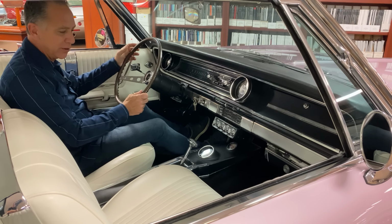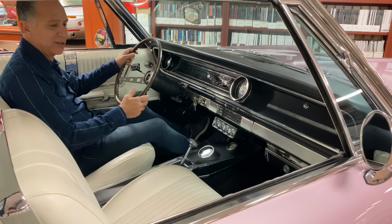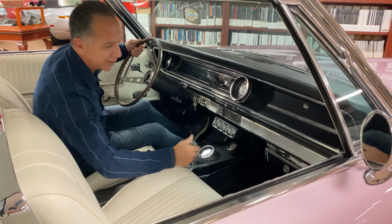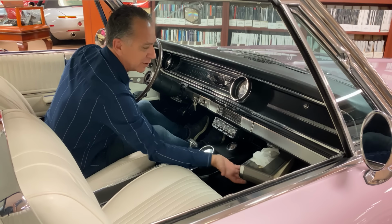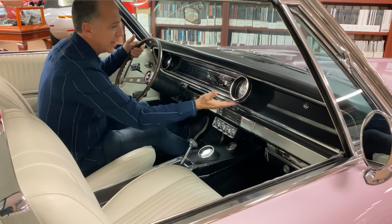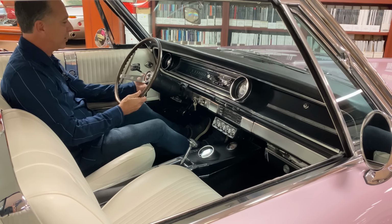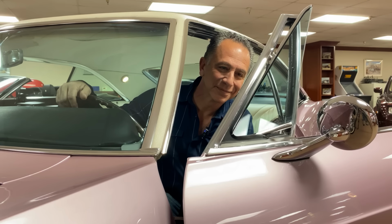So I'm sitting behind the wheel of this beautiful 65 Impala Super Sport, checking out all these options. There's so many, it's dazzling. The first one you can see real quick. Let's see if I can name off a few of these 31 options. We've got this tissue dispenser here, dealer installed. Tissue dispenser, AM/FM radio with multiplex, tachometer, gauges, wood grain sport steering wheel, tilt steering column, electric windows, electric vent